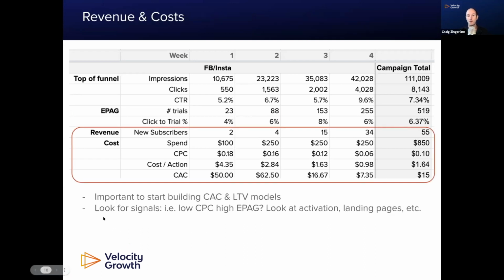And then again, when we go even deeper, you want to start to think about, okay, what is my customer acquisition cost? What is my lifetime value, or LTV? How does this compare to all the other stuff that I'm working on? And you want to find those signals. So if you've got a low cost per click, but a really, really high drop-off in conversion, then you might have a landing page problem. Or again, on the website, you might have a messaging problem, or maybe the page is too slow. All of these things can go into this model, I should say,